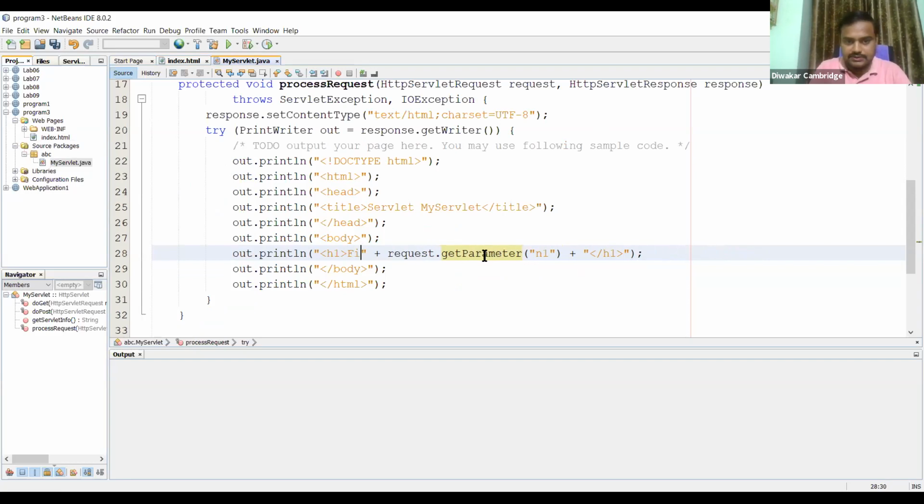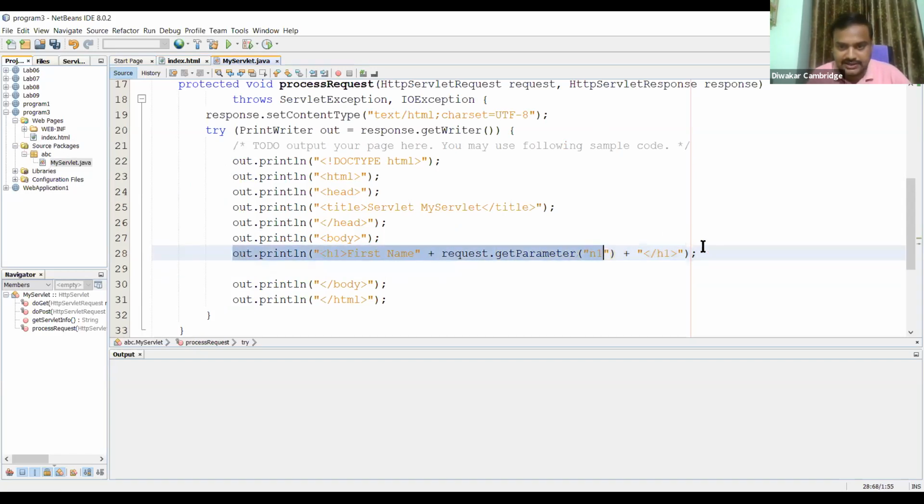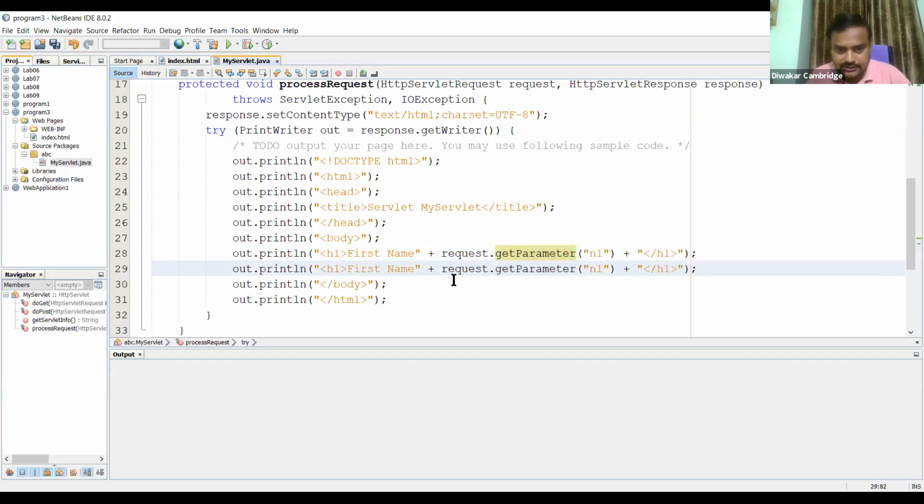Then if you want to display the last name, just copy and paste it here. This is n2.